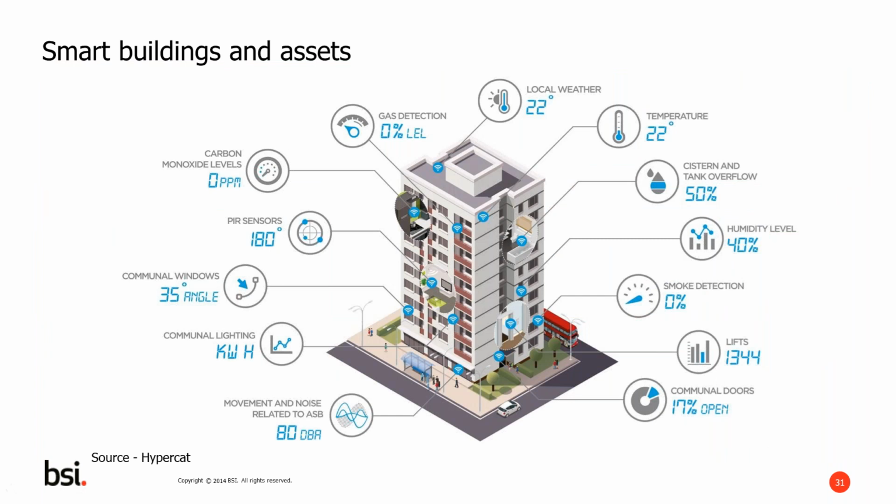So what does the future hold for standardization within the digital and built environment? There are a number of things going on. For example, I mentioned earlier the Centre for Digital Built Britain and its focus on BIM Level 3. It has a multi-year program in which it will be establishing the next steps for how we adopt best practice within the UK for a digital built environment. One of the areas that is being talked about a lot, not just within the Centre for Digital Built Britain but elsewhere in the wider market as well, is the creation of smart buildings and smart assets, and how we can enable that to happen.